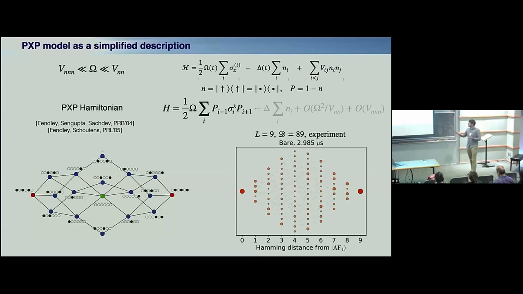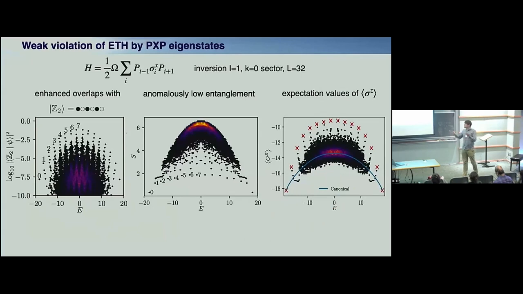And once you study the Hamiltonian, you can ask: this dynamics is very strange, anomalous, so let's look at the eigenstates and check ETH. For this, we use a computer to diagonalize a big system, with maybe 20,000 dots in each of these plots. So this is 20,000 eigenstates in one symmetry sector. The color shows the density of dots. For this bipartite entanglement, we see that ETH works for the majority of states, but then we see strange outliers. The same outliers are even more prominent in local observables. This is Z magnetization. Z magnetization is not conserved in this model; only energy is conserved.